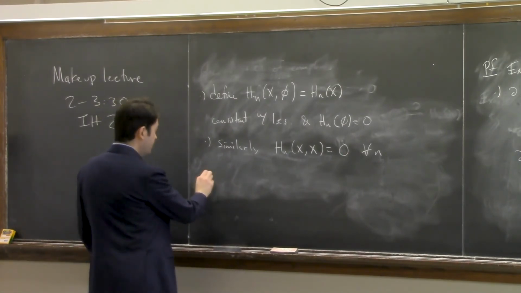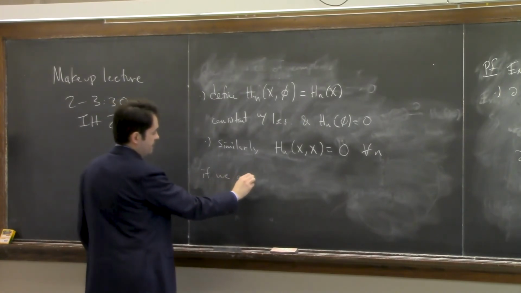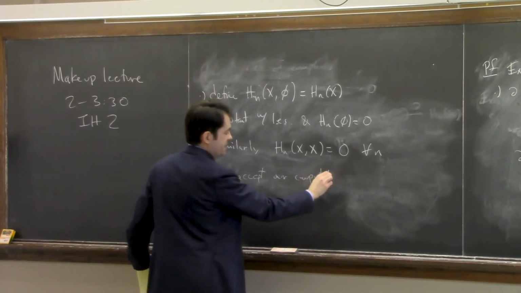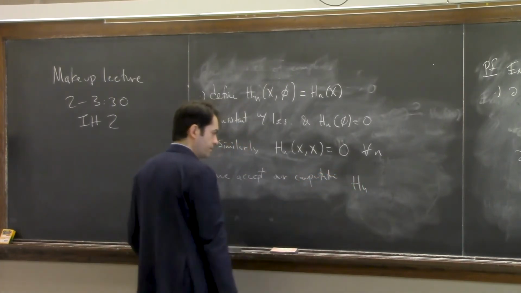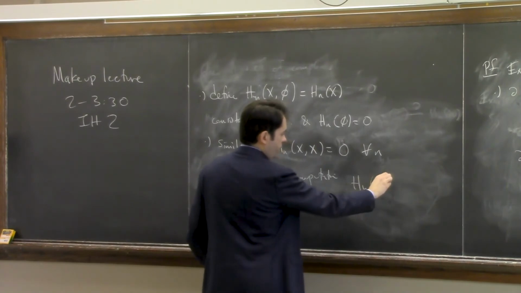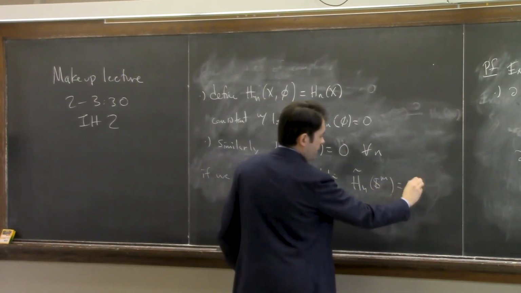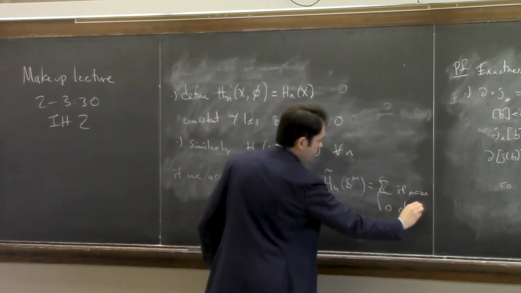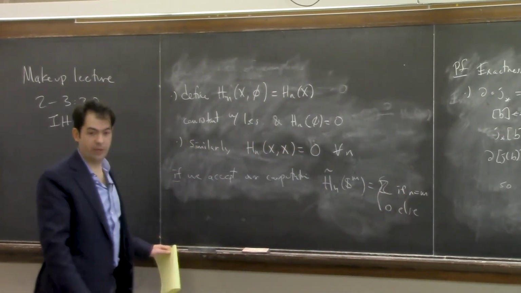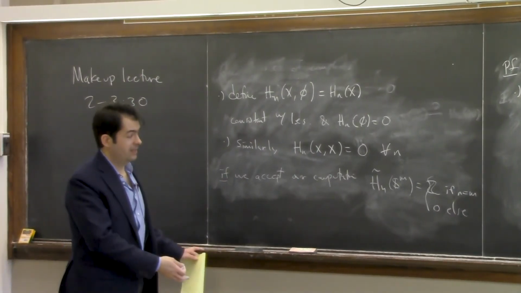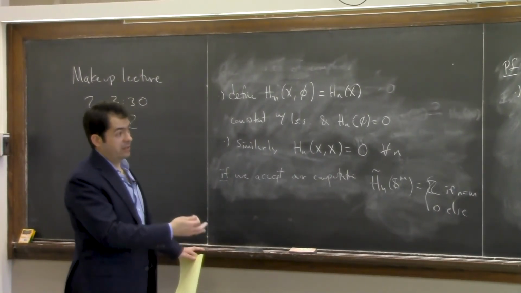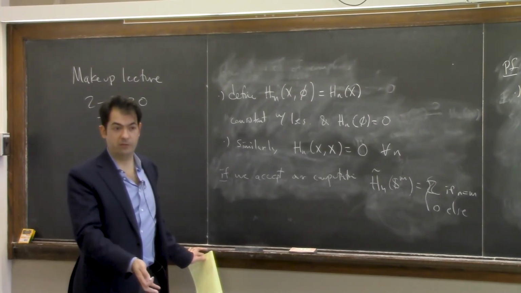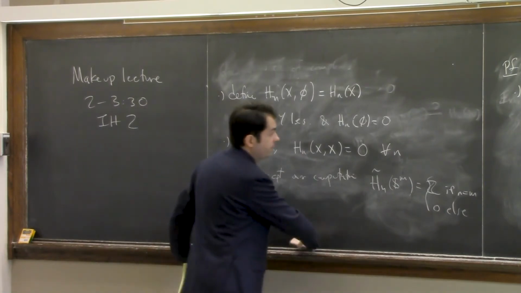Okay, if we accept our computation that the homology of the sphere, let's say reduced, is Z if n is equal to m and 0 else. Right, and it's an if, because of course we haven't justified that yet. We used that for a good pair, the homology of the pair was the homology of the quotient, which we haven't proven yet. Right? But if you were to accept that, then